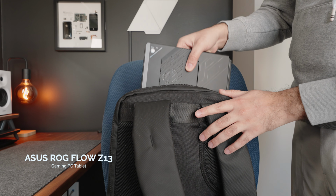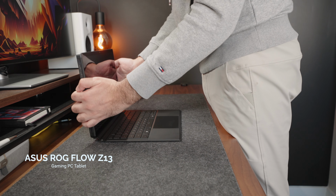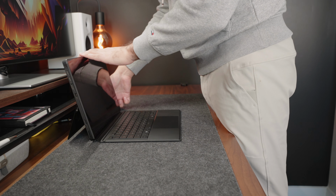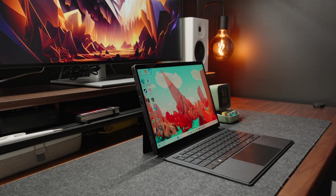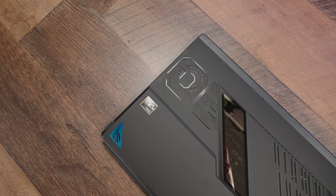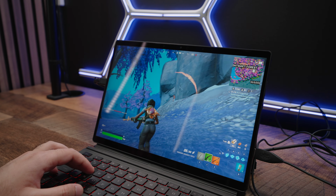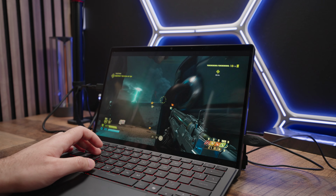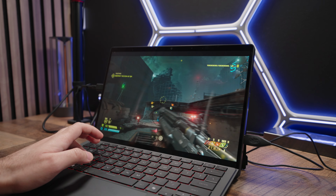The Asus ROG Flow Z13 is probably the closest thing I have to a gaming laptop at the moment. Essentially, it is a tablet, a 13-inch tablet to be specific, but it's rocking AMD Strix Halo architecture, which means the CPU as well as the iGPU on this thing is top tier. In fact, it's so powerful, you can pretty much play any AAA title at medium to high settings at the